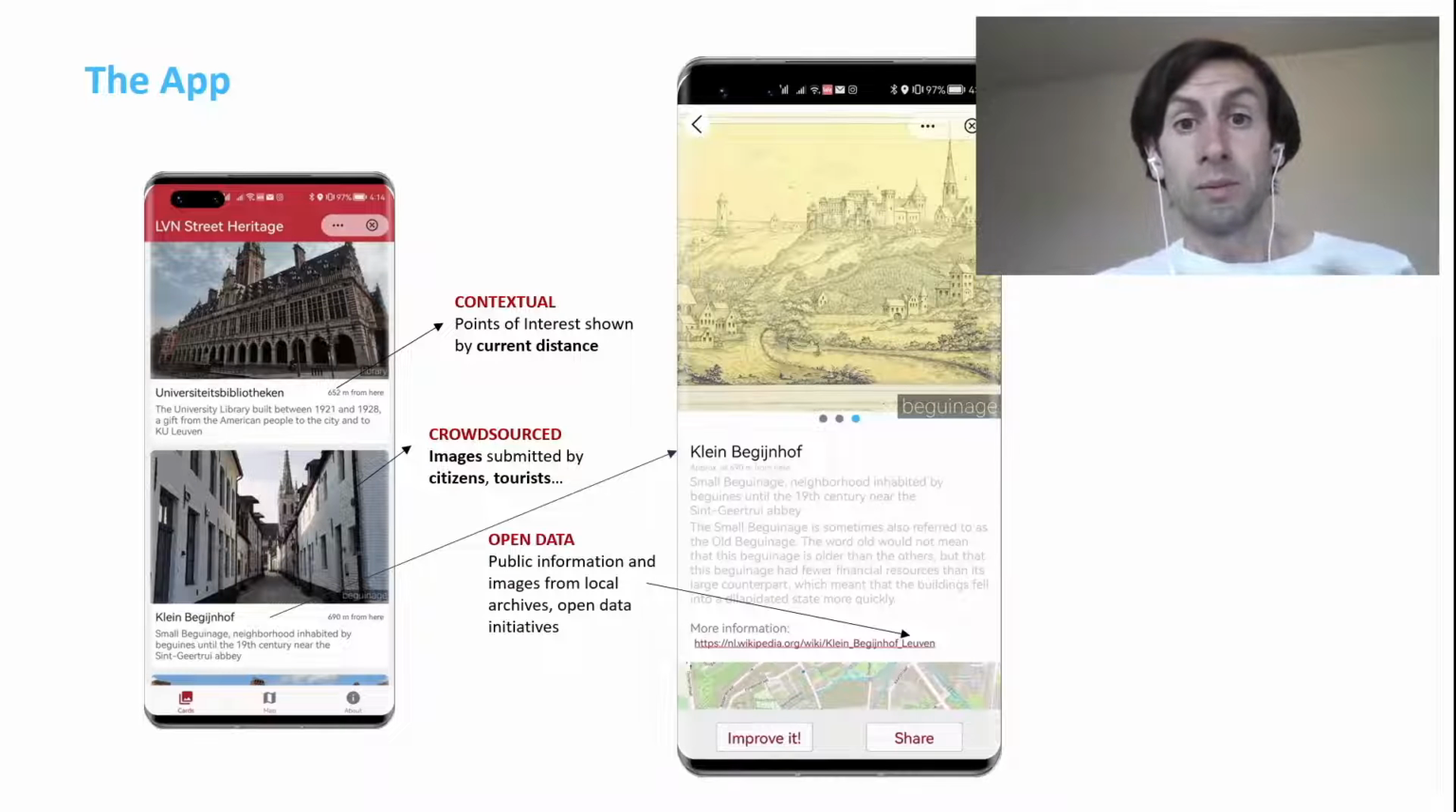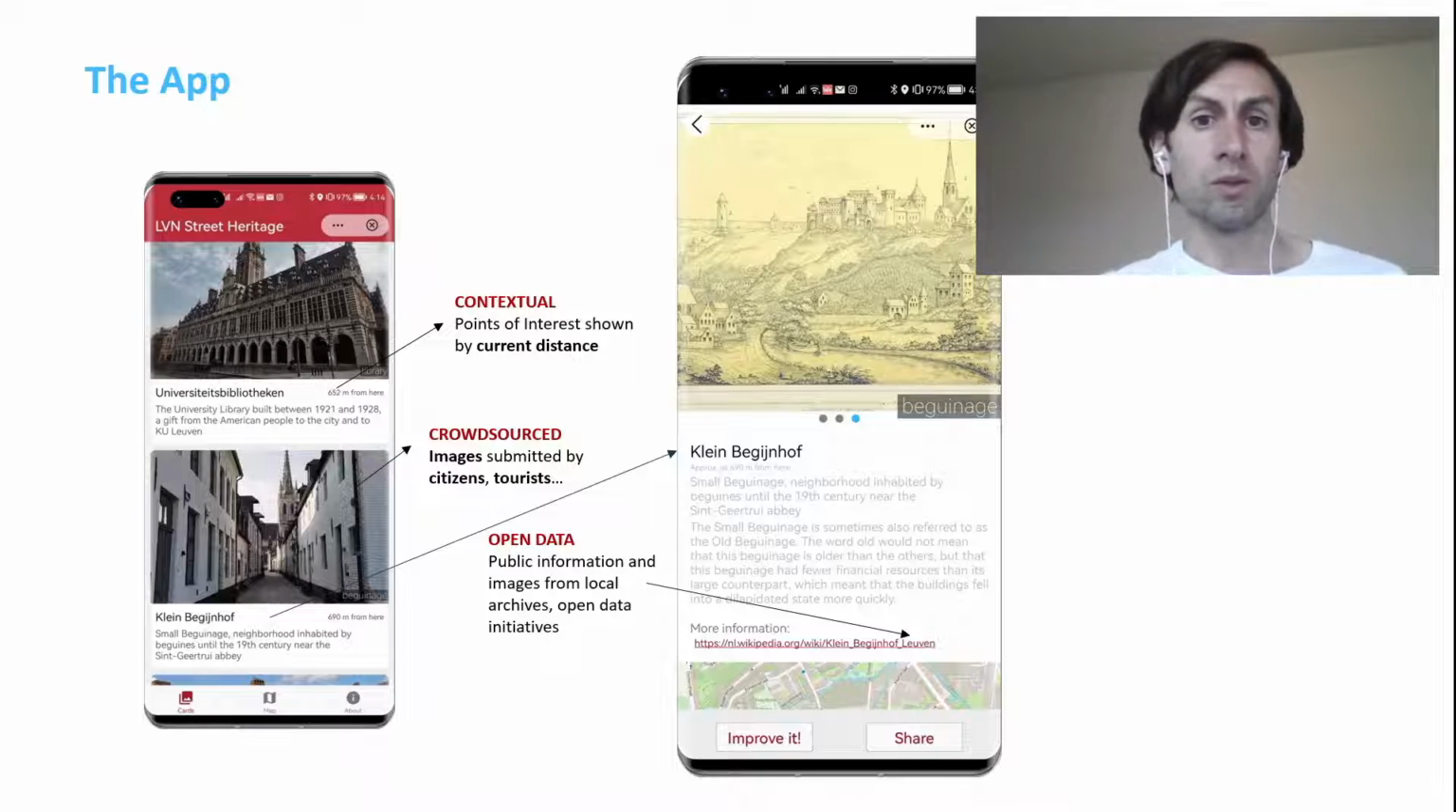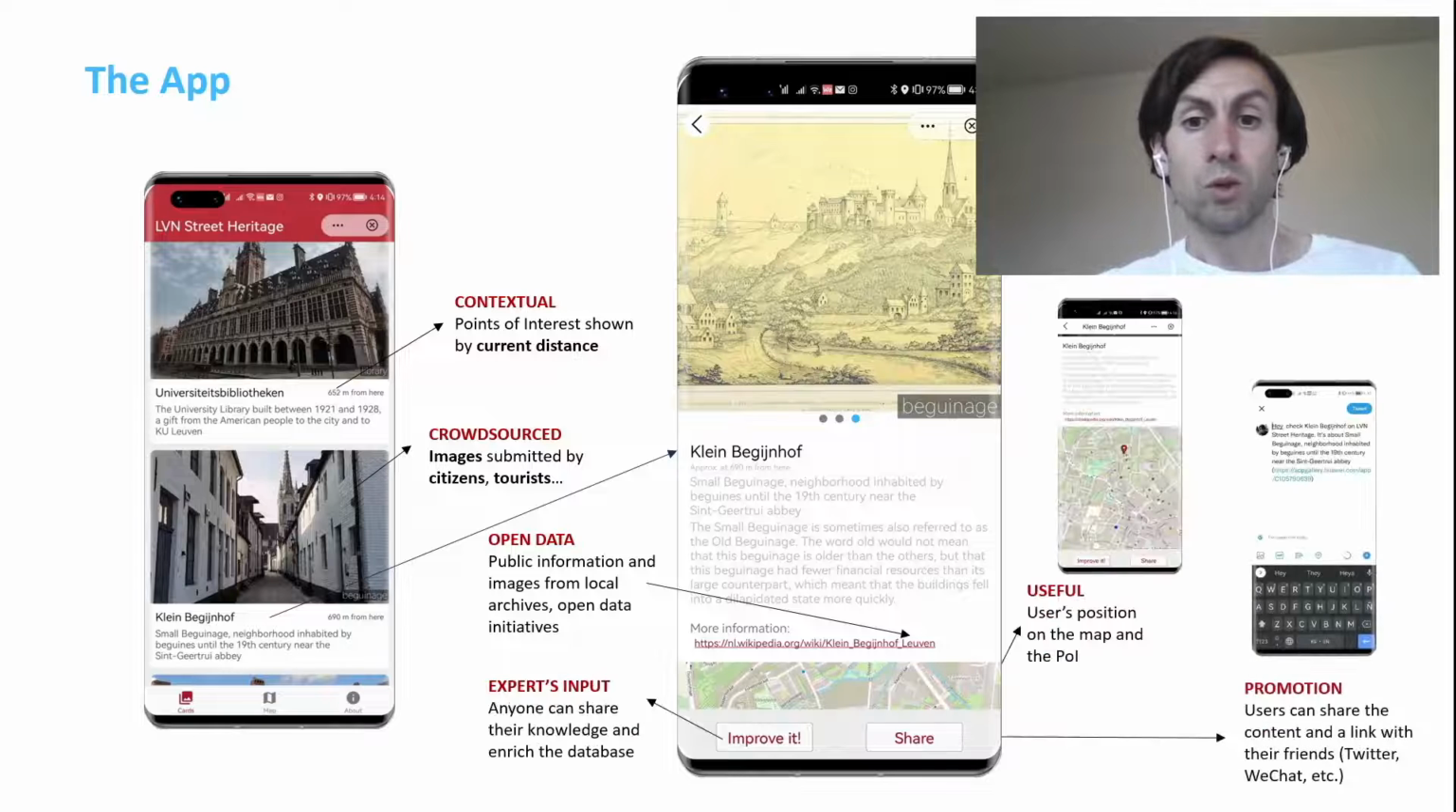The details of the points of interest can be enriched using open data sources, like Wikipedia, images from Wikipedia, and other sources like open data initiatives, as I will show. We also offer other capabilities, like sharing the points of interest using Twitter, WhatsApp, whatever you have installed